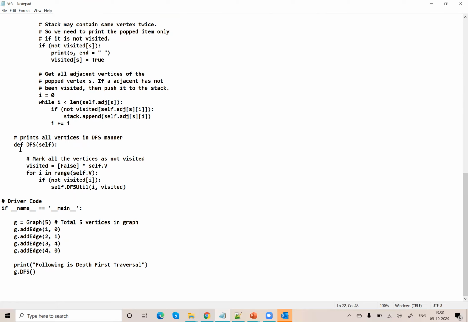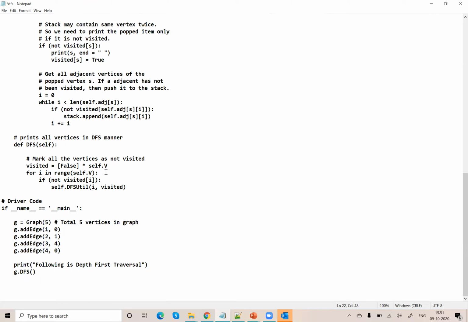There is a function of DFS. So here the DFS function is defined. The significance of this DFS function is to print all the vertices in the DFS manner. In this, what I am doing is marking all the vertices as not visited. Visited is equal to [False] star self.v.